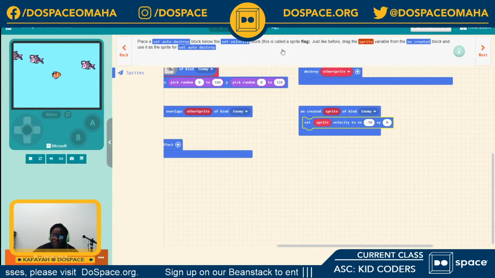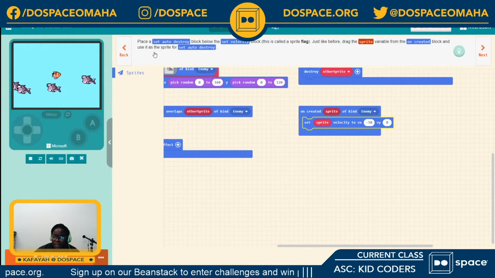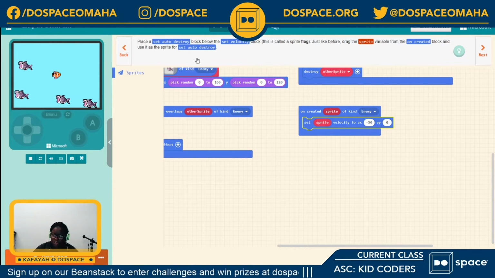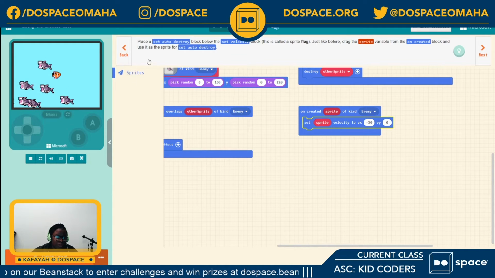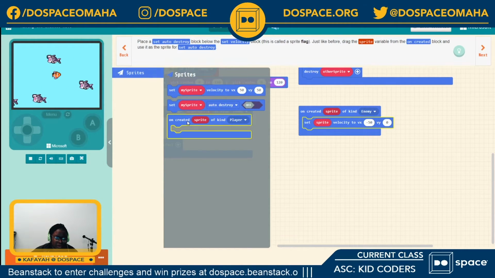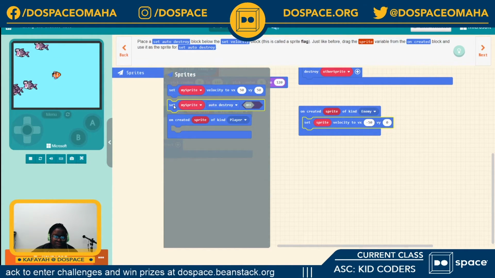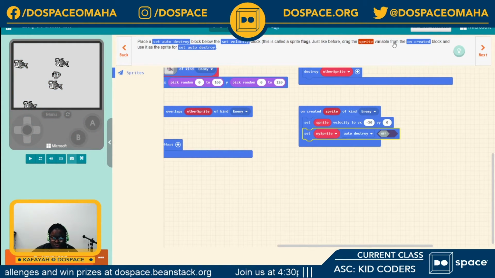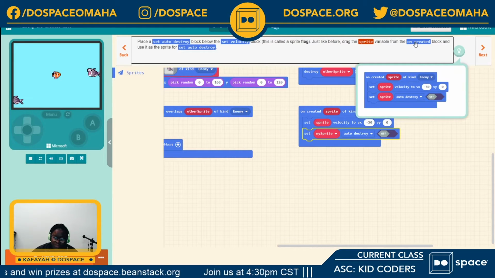Next. Place a set auto destroy block below the set velocity block. This is called a sprite flag. Just like before, drag the sprite variable from the on created block and use it as the sprite for set auto destroy. Okay, so inside of here, I'm going to get my set sprite auto destroy just to check that I'm doing that right.